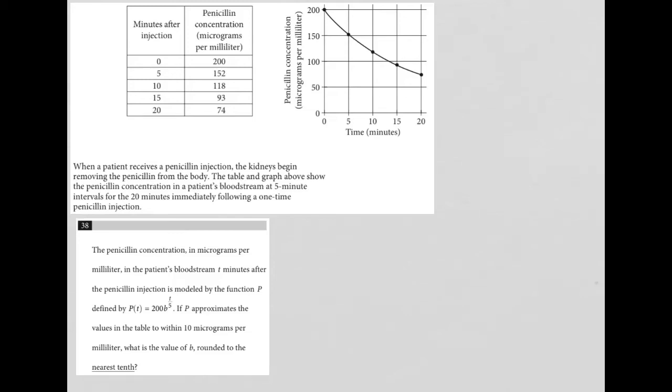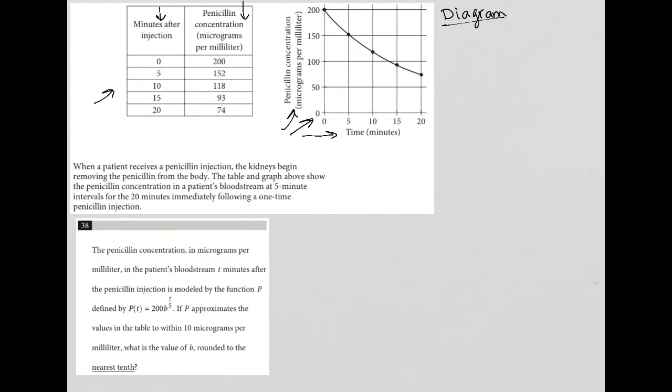So this question is a diagram question. We know that because of the table that's provided as well as the graph that's provided. The information in the table and the graph in this case are actually the same, where we have minutes after injection, so that's our first column there, but also our x-axis on the graph. And then our second column in the table is penicillin concentration in micrograms per milliliter, which is also our y-axis